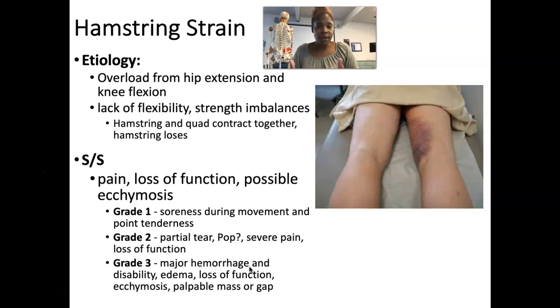They may or may not feel a pop, but they will have severe pain and they will not be able to function 100%. They might be able to do some pieces or components of their activity, but not all. And then a grade 3, you're really concerned because most often what we know about the hamstring muscles,